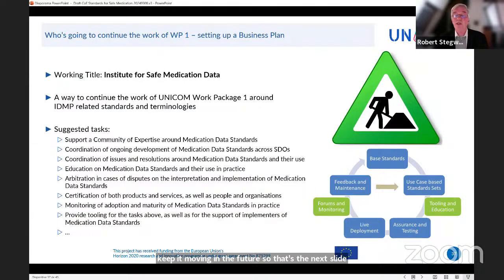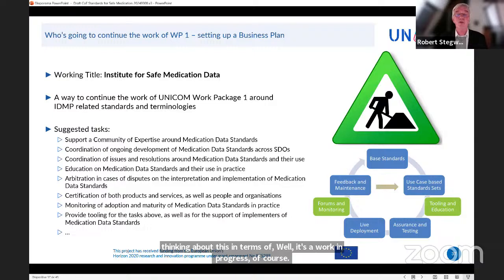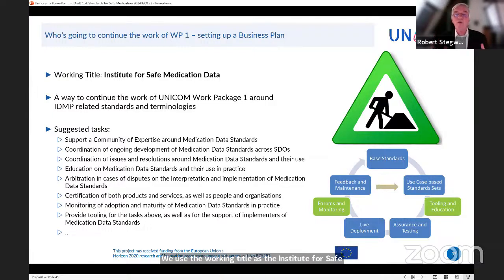Who's going to do this? And we've been thinking about this in terms of, well, it's a work in progress, of course. We use the working title the Institute for Safe Medication Data, because we feel that this way of working of Work Package 1 needs to be continued in the future. And that's also the feedback that we have been getting, but we're hoping to get your feedback in the next section